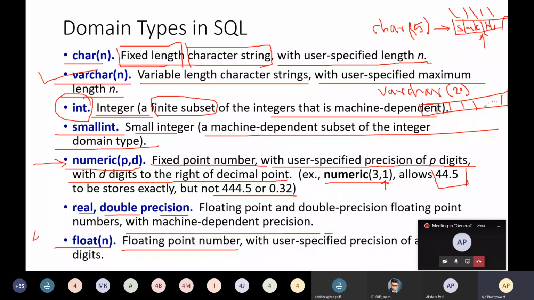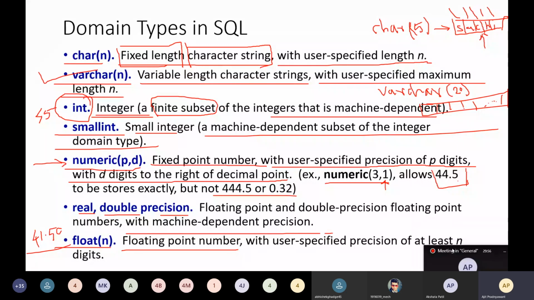Floating point number means something like 41.50, whereas an integer number is your 45. This is the difference between integer and float numbers. Float(n) is a floating point number with user specified precision of at least n digits. You have to specify how many digits you want as precision inside the float.